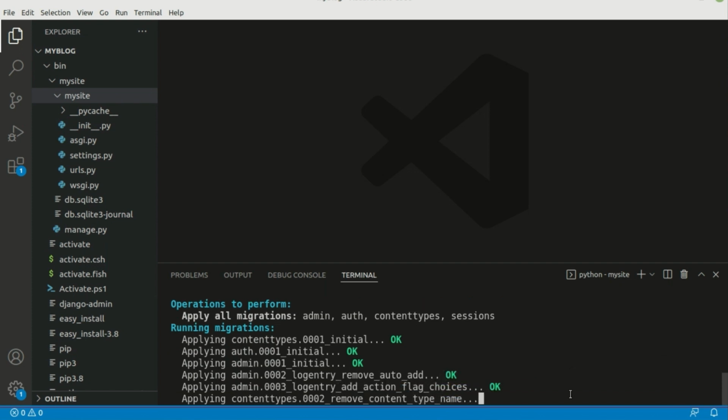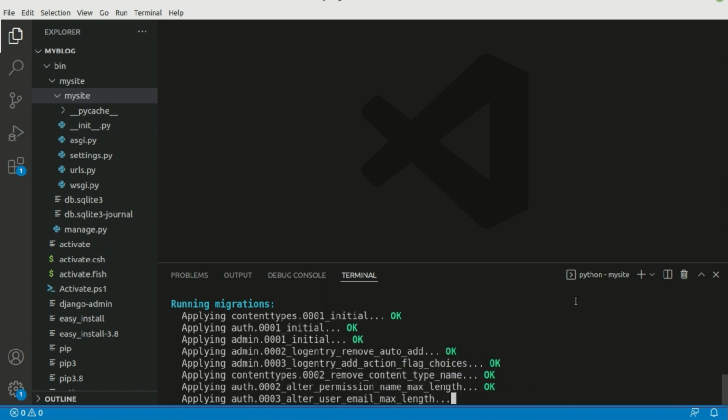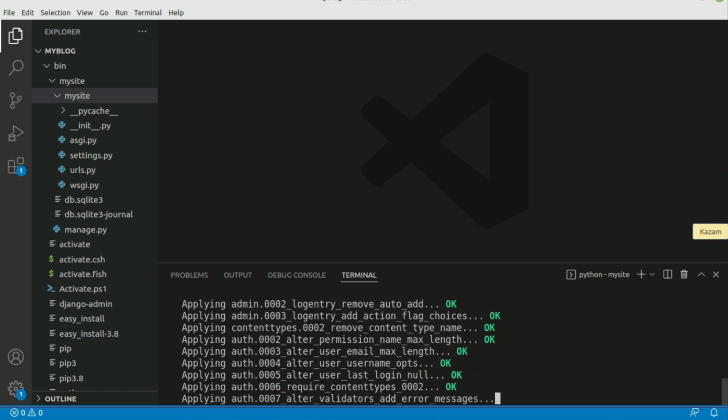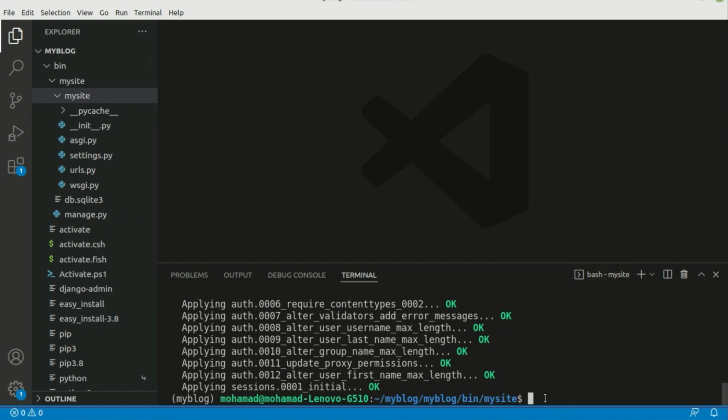We wait for this to finish. And here we are. The next step is to run python manage.py runserver,